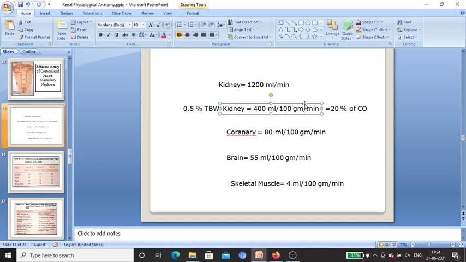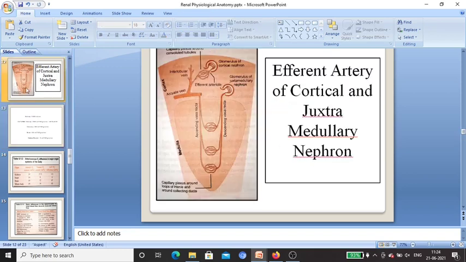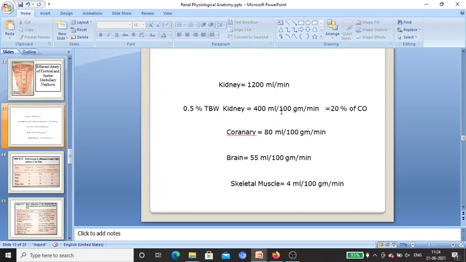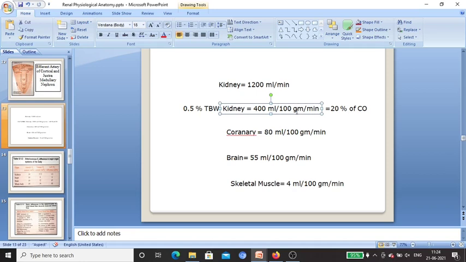Because the efferent arteriole and interlobular arteries are the major resistance vessels in the kidney that determine the renal vascular resistance also. So see here, these are very long vessels, and the diameter of these vessels is very minute. So this renal perfusion also depends on the resistance provided by these vessels. So this is the characteristic of renal blood flow, that kidney tissues are a highly perfused organ.